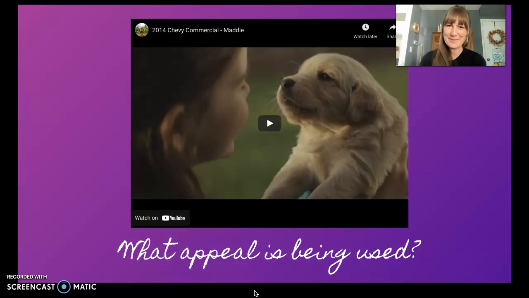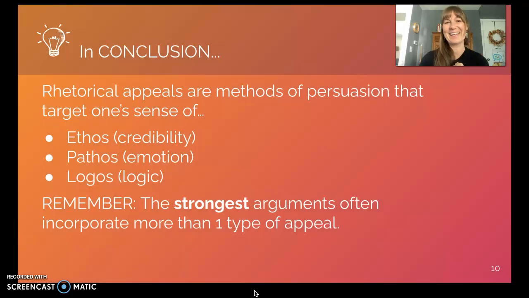Solidly pathos. Very few statistics or details or pieces of evidence provided about that car. But boy, does that cute puppy tug at my heartstrings and make me want to go buy a Chevy. All right. So in conclusion, our three methods of persuasion or rhetorical appeals are ethos, pathos, and logos. And we want to remember that the strongest arguments in